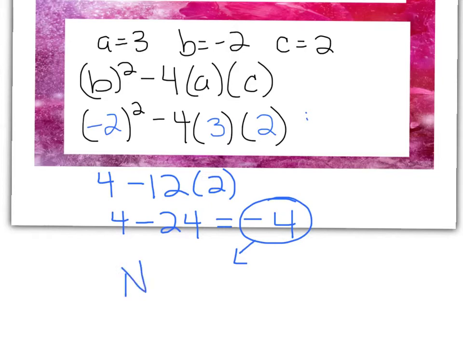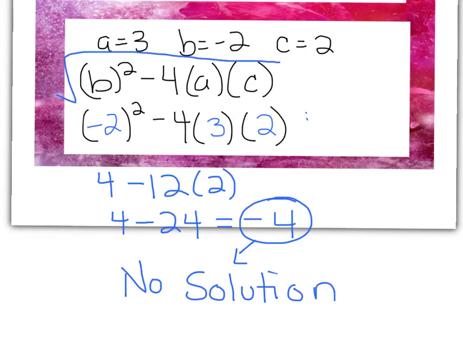And you can really just think about it. There's no way you can take the square root, and this represents everything that's in the square root of the quadratic formula. There's no way you can take a square root of a negative number, so this is going to give you no solutions. What happens if this 4 was positive? Or what happens if this -4 was a 0? Go ahead and look back at your notes and think of some scenarios of when you would get one solution or when you would get 2 solutions.